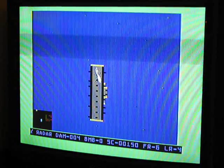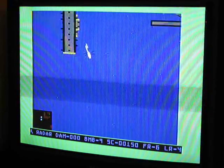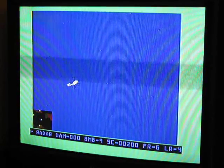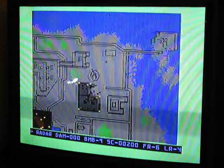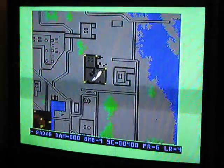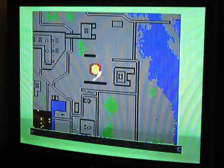So gameplay works fine. It's very responsive. I don't see any issues with the graphics. There's that one minor issue with the kind of static noise with the sound when it's idle, which is definitely irritating, but I don't know that